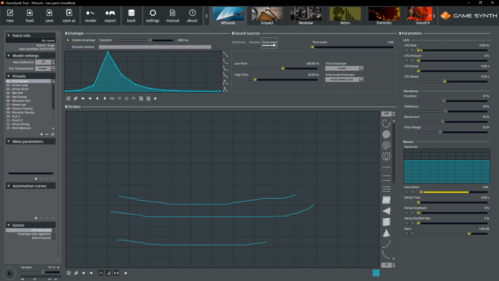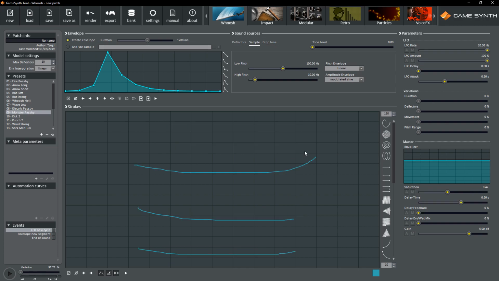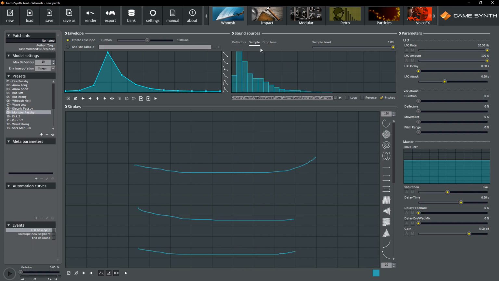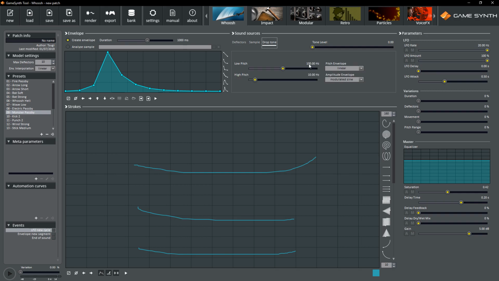Next up, we have our drop tone feature, and this is quite a niche feature, but it can be useful for adding some bass and weight to your whooshes. So I'll load up the Monster Pass By preset. And then if we go to drop tone and first invert these so that the pitch decreases rather than increases, change our pitch envelope to soft exponential, and then keep modulated sine as the amplitude envelope. But I'll change this as well to modulated sine. That way these two will match up. And then by setting this up to max and playing it back,